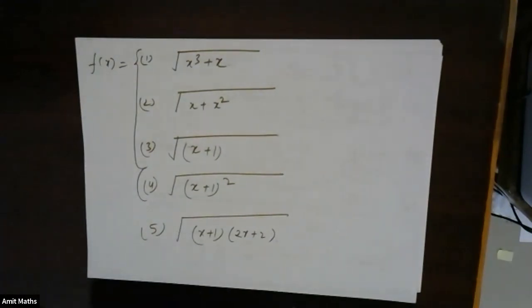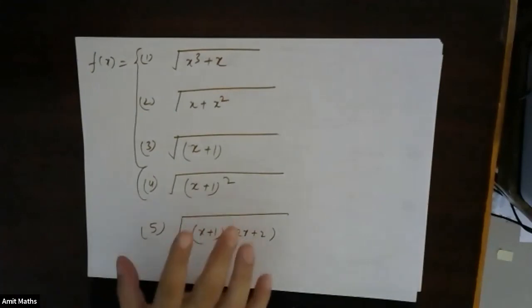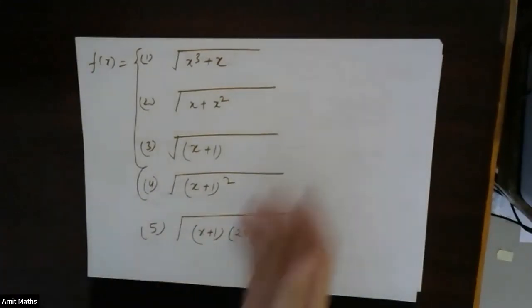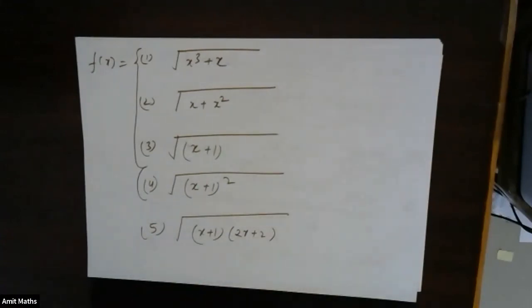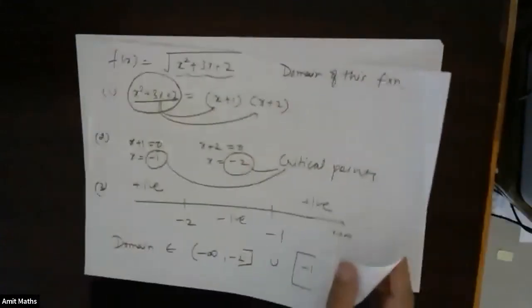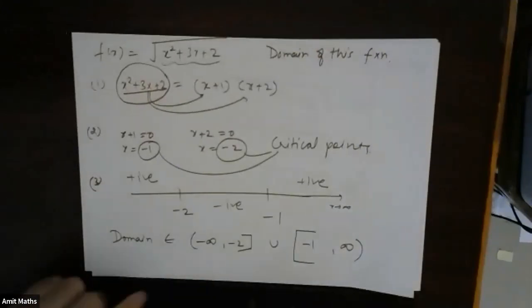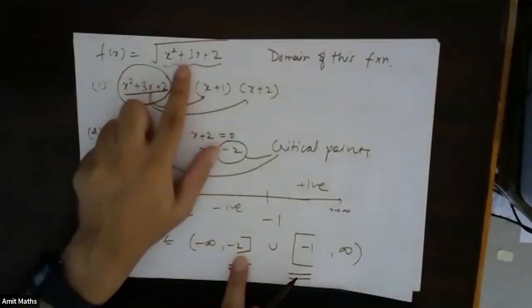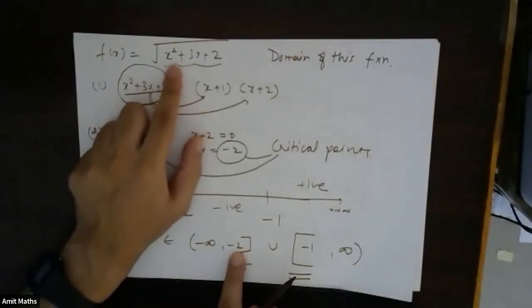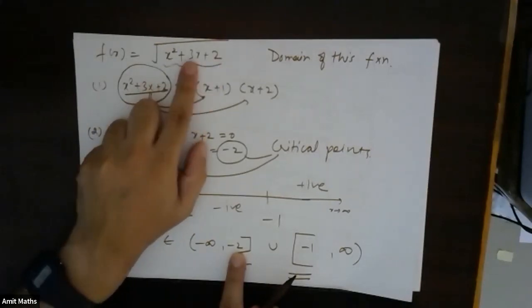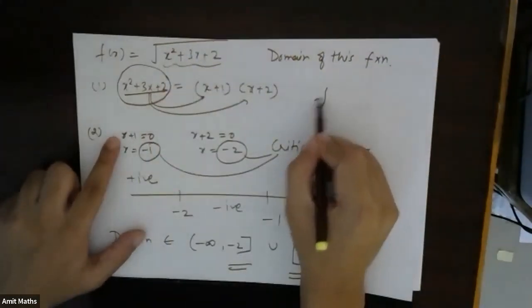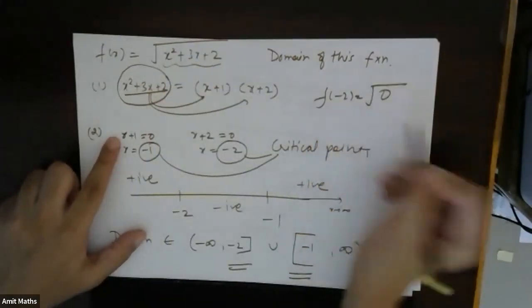Critical points are nothing but the roots of the particular equation. If you know the roots, then it is okay. Otherwise, I'm simply writing the roots of those factors. Why have I taken close bracket at minus 2 and close bracket at minus 1? If I take minus 2 here, minus 2 square is 4, 4 plus 2 is 6, minus 6 is 0. So when I substitute minus 2 in this function, f of minus 2 is under root 0, which is 0.